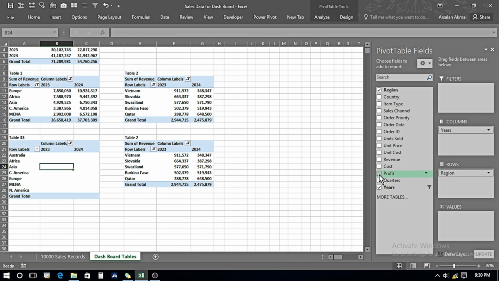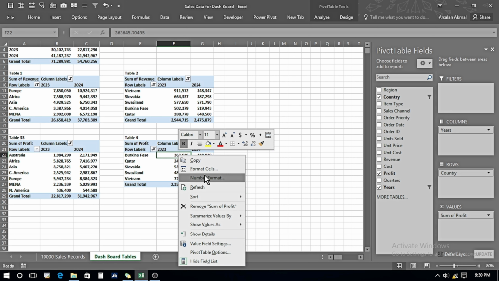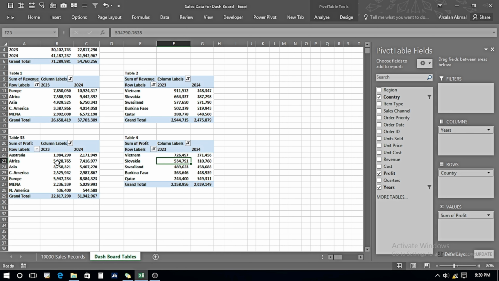For countries, just filter top 10. I want the top 5, press OK, and I will sort these from largest to smallest. And here also I want the top 5, so we can repeat the process.